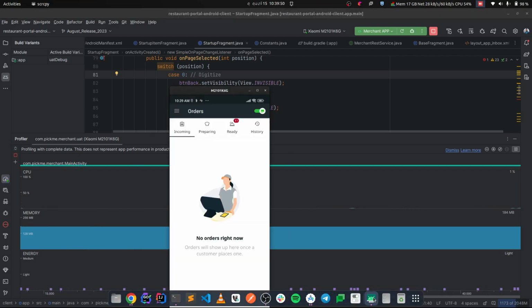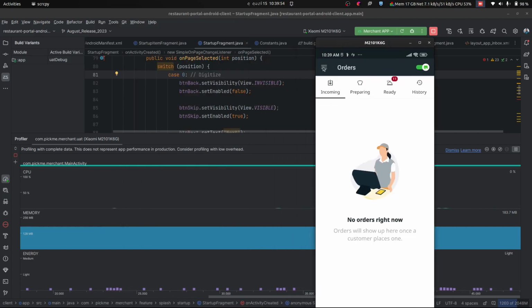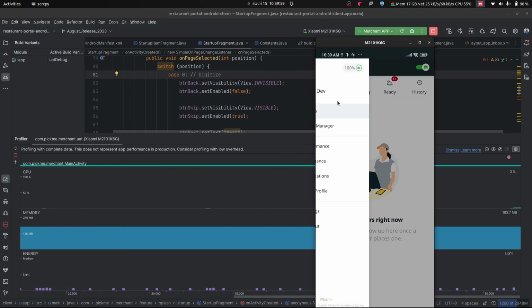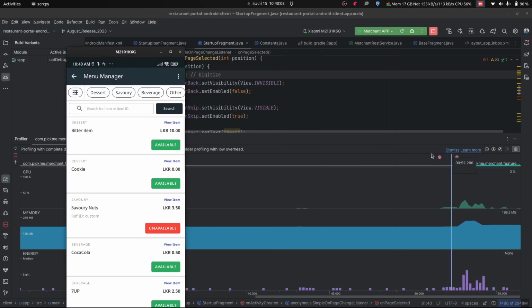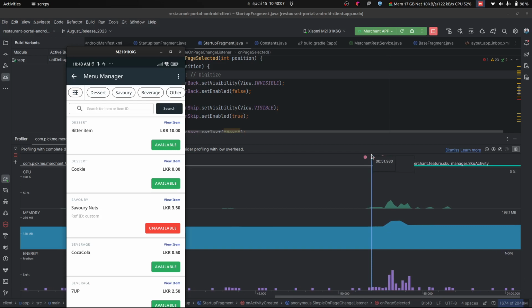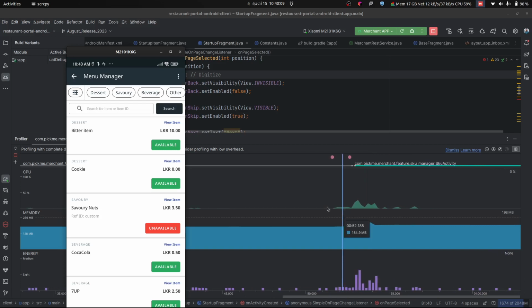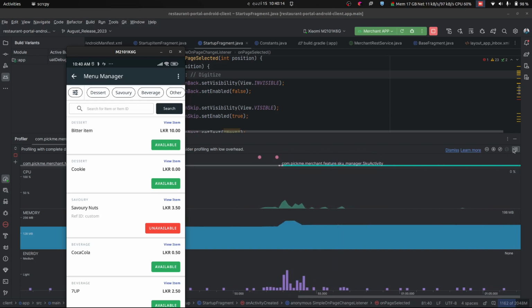Here you can see I am on the home page of the merchant app. When I am navigating from another page, the pink dots show our clicking activities, and also when we are moving to another activity, you can see